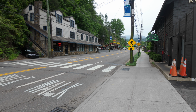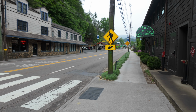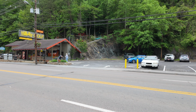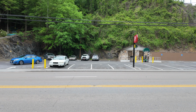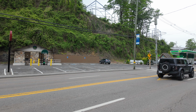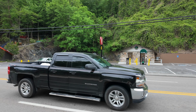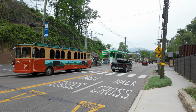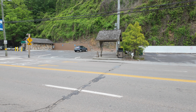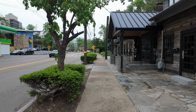I'll show you some different parking options closer to the restaurant if you just want to drive and park up here. Probably your cheapest option is going to be right here by Hillbilly Golf. It comes in at $2 an hour. So if you don't plan to be at the Blue Moose, it's not too bad of a walk from this parking lot, which you could also use the trolley stop and ride the free Gatlinburg trolley to drop you off